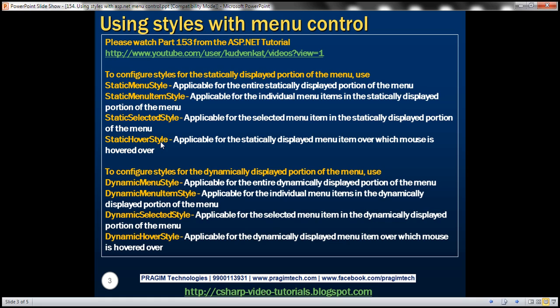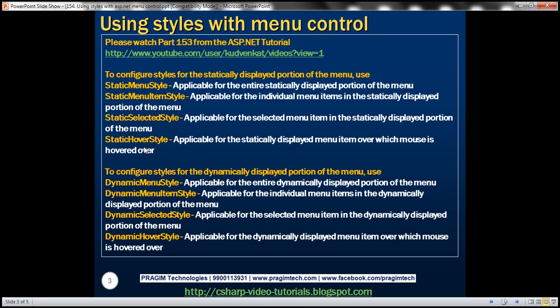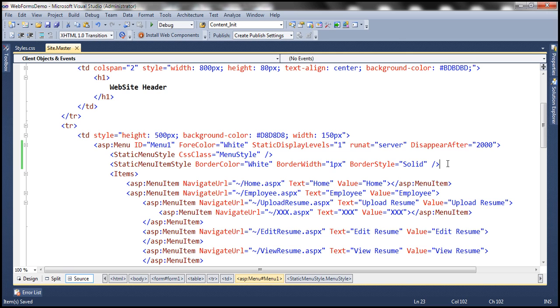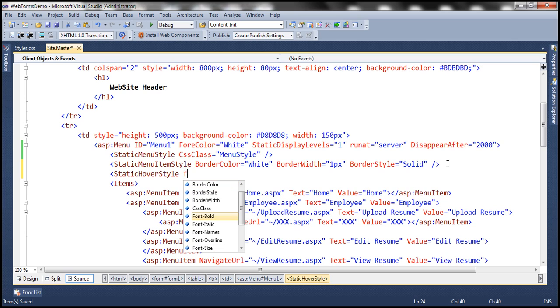So this style is applicable for the statically displayed menu item over which we hovered the mouse. So, for example, let's say when we hover the mouse over the menu item, we want that menu item to be bolded. If that is the case, we can use this style, static hover style. So let's use that style. And let's set font bold